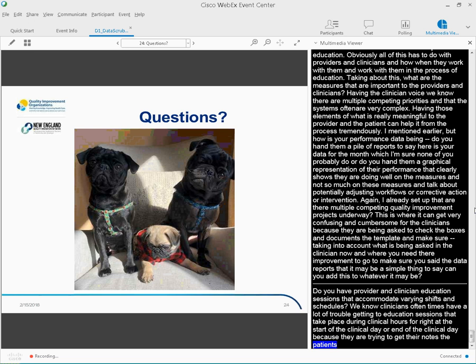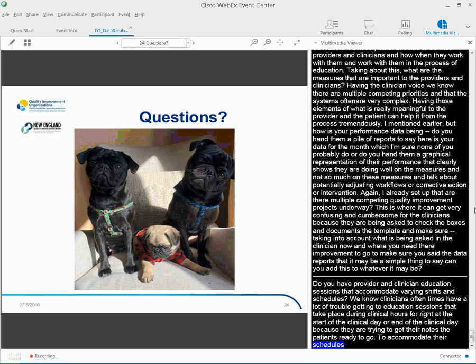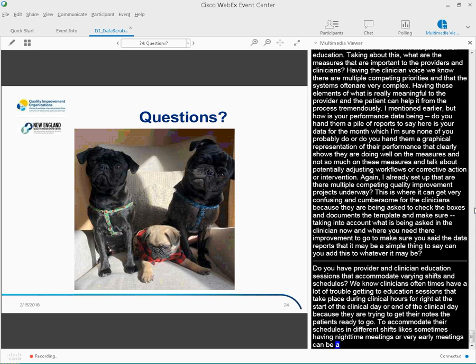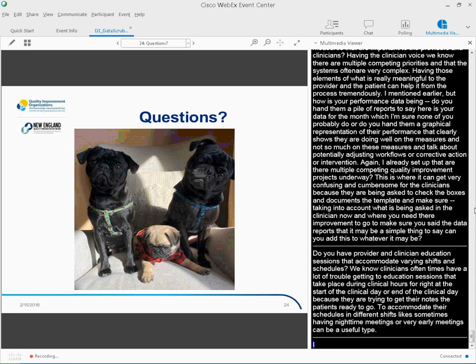Those of you that have been on presentations of mine probably know that I always have pictures of my dogs. We have added a new family member. The middle one is our newest addition. That's Boris. He's a little baby pug.